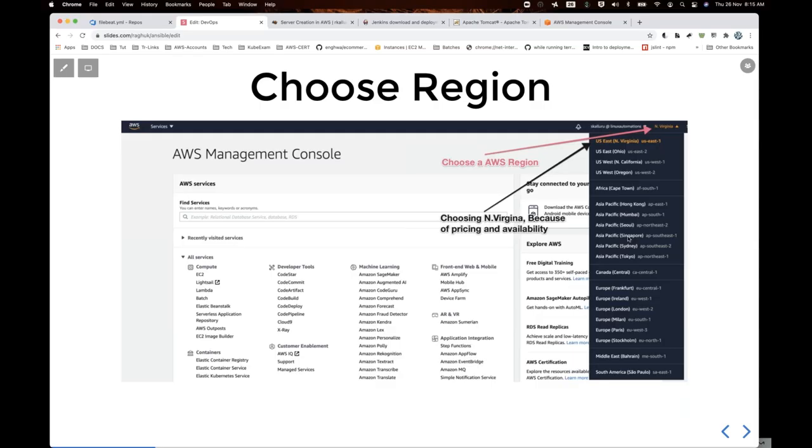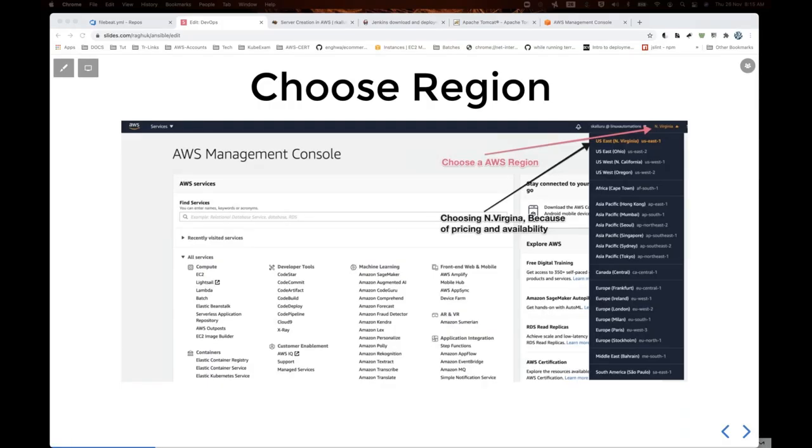The region should be chosen for real-time projects based on the business, basically. But now here we are using a lab. Since we are using a lab, I want to stick with one region. I don't want to go with a region where I have some business. The region I will be choosing is North Virginia,